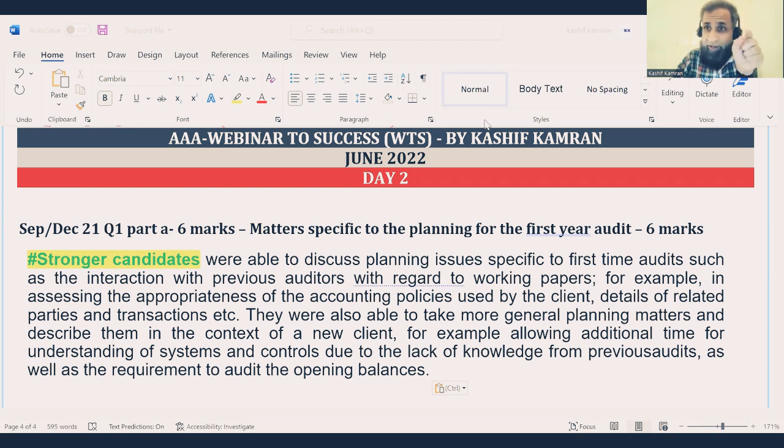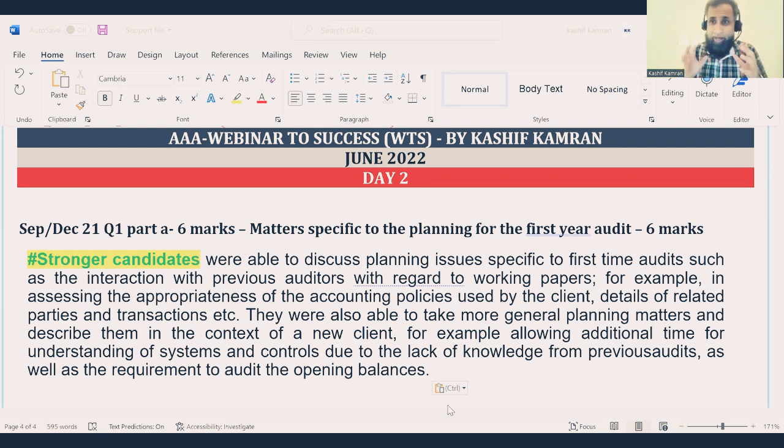No, you have screened the client. You have accepted the client after you have screened the client and you didn't find any instances that the client is bad. Client acceptance procedure is something different, right? And planning matters are something different, Abhishek. When you are accepting a client, you look into whether the client is involved in money laundering or tax evasion. Is the client good? Is the client bad? Are the directors involved in any fraudulent activities? You are more down to the client integrity screening, Abhishek.